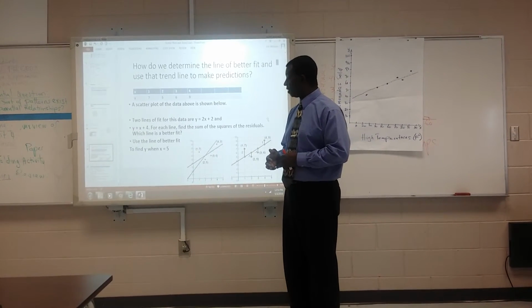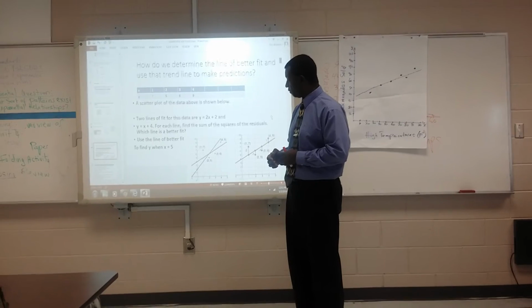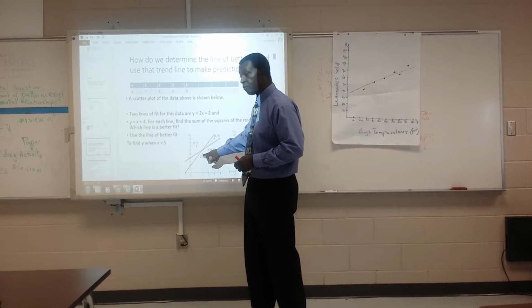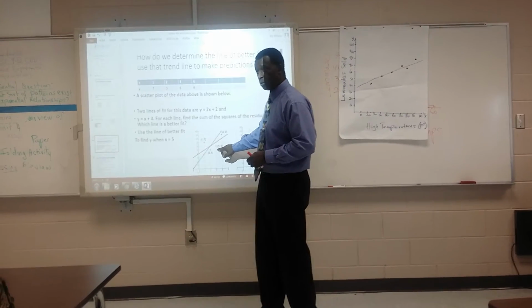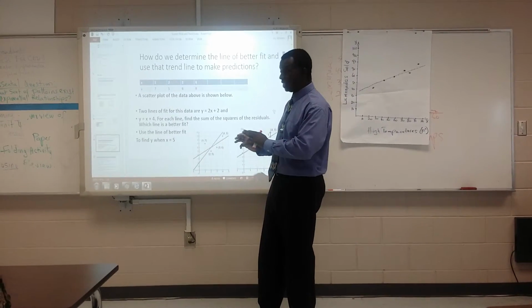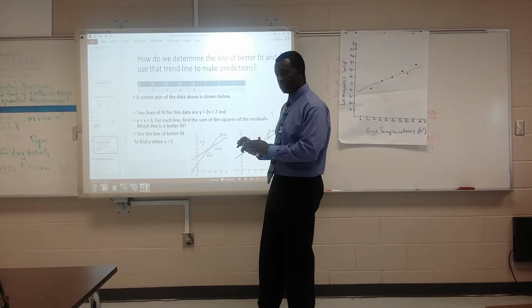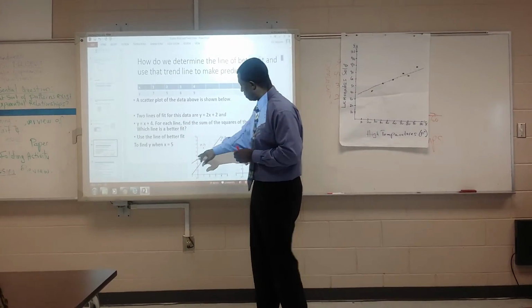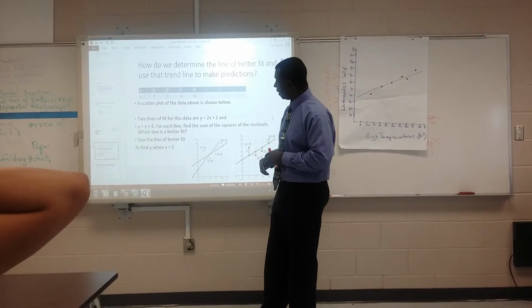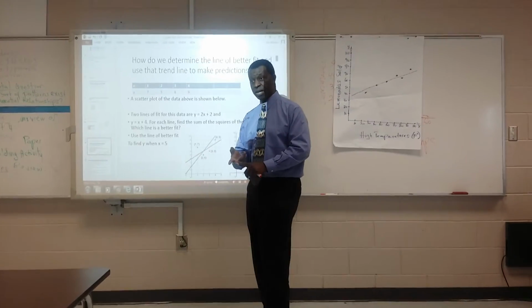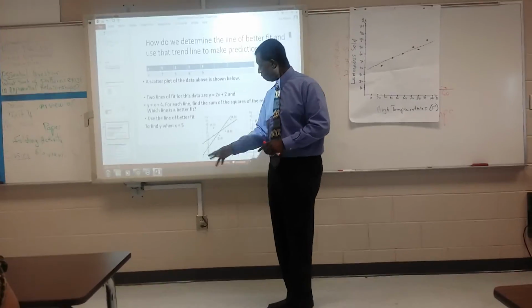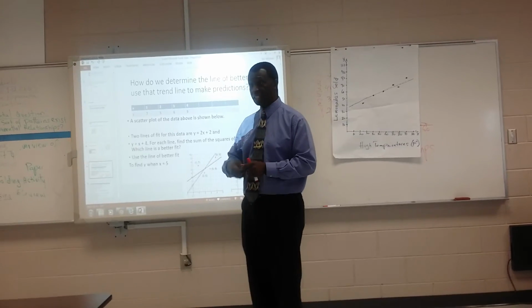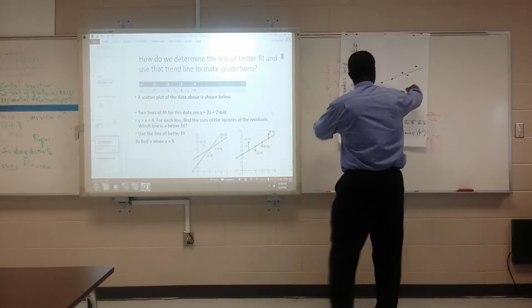The red one. The red one appears to be a better fit for the graph because we see that we have 2 points above it and we have 2 points below it. So even without using any other more precise methods, we can see just through eyeballing, right, that the red one is a better fit for the graph. And so that is one process by which we can determine which of these two is a better fit, by eyeballing. But there is yet a more precise method to do it, and this method is called